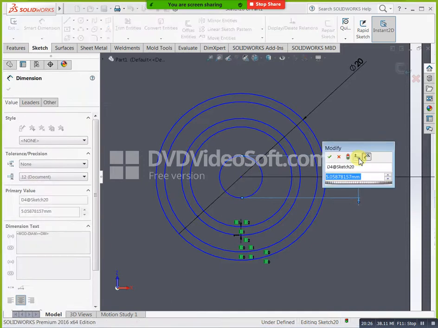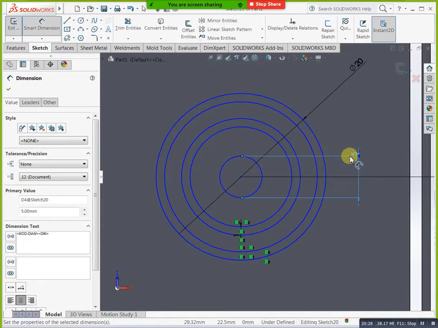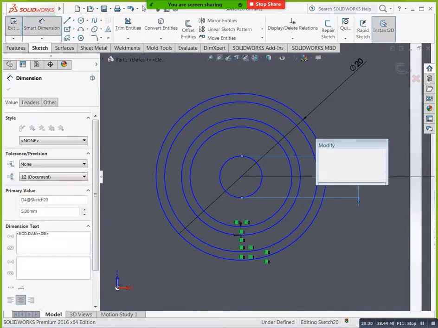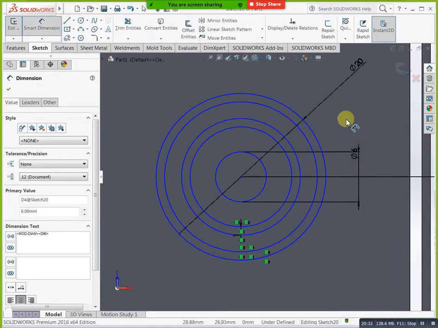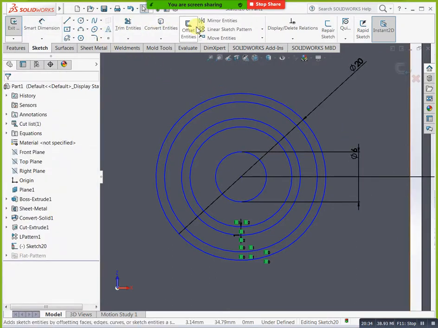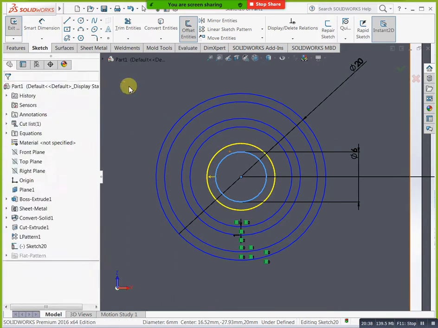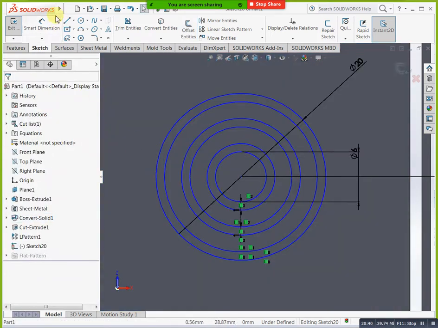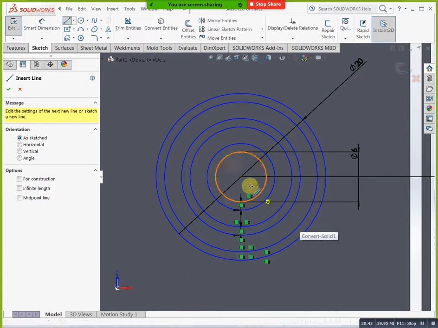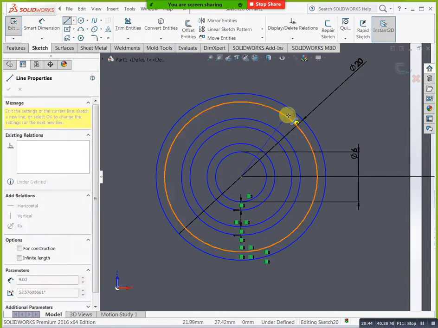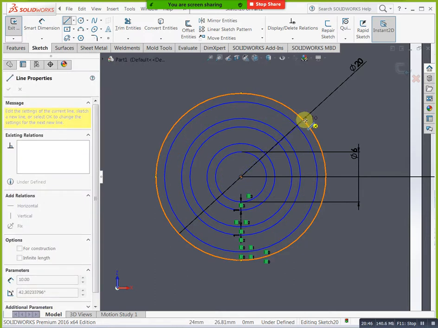And here we have a small dimension. You can take this small dimension exactly here to here. We have 50 now, but I need only 25 or 30 or 45. You can take 45. I'm taking 45. Now you can extend this one, or otherwise you can mirror this one.